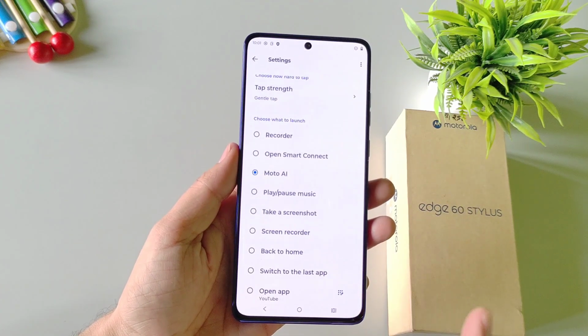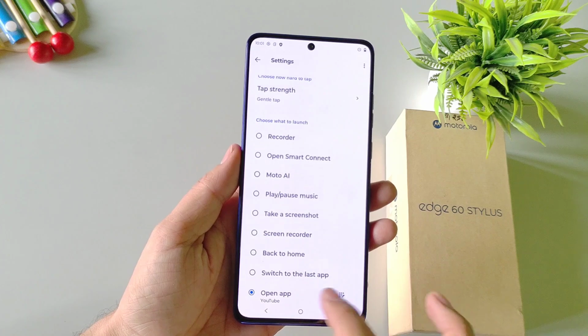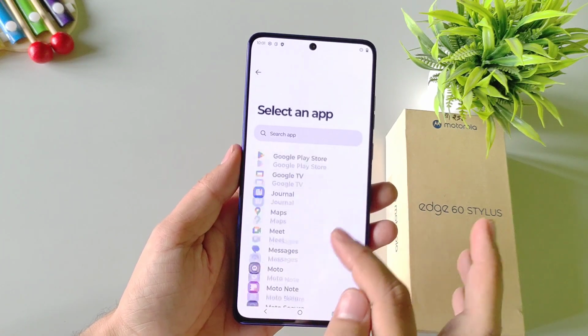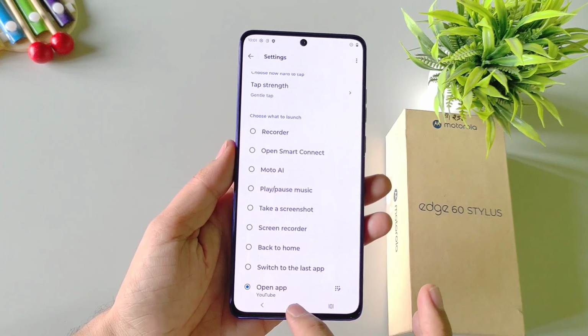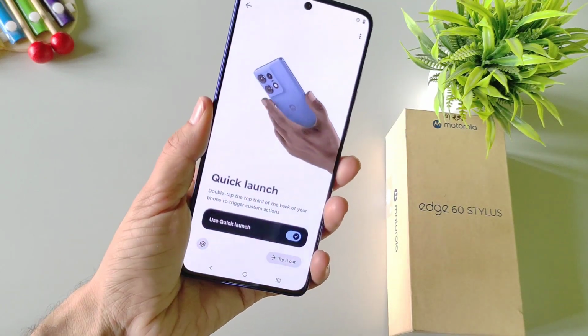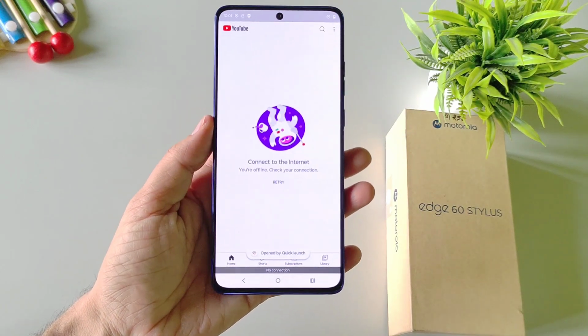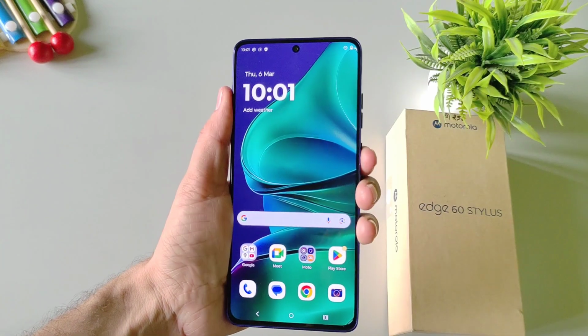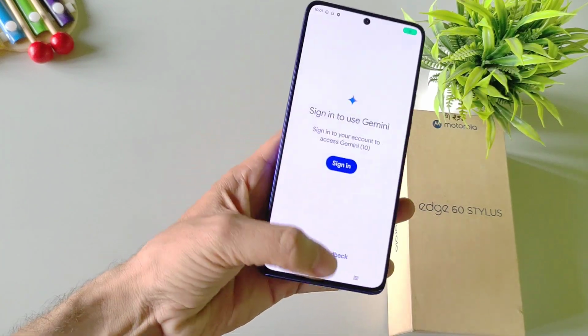Now if you want to set any application, then select open app and then click here, select your favorite application. And now whenever you double tap on the back of your phone like this, then it will open your favorite application. If you long press your power button, then it will launch Gemini instead of opening your